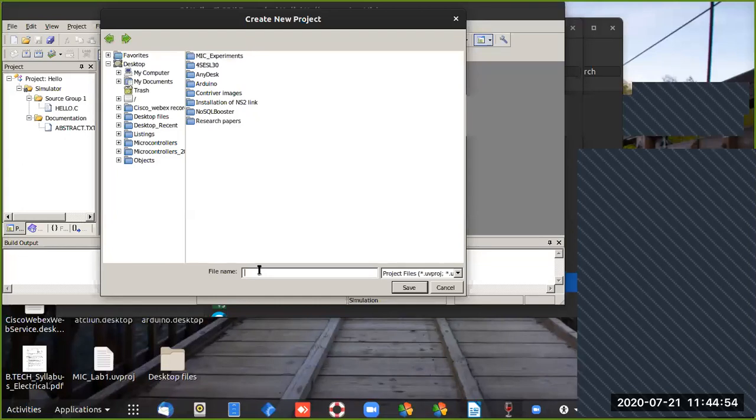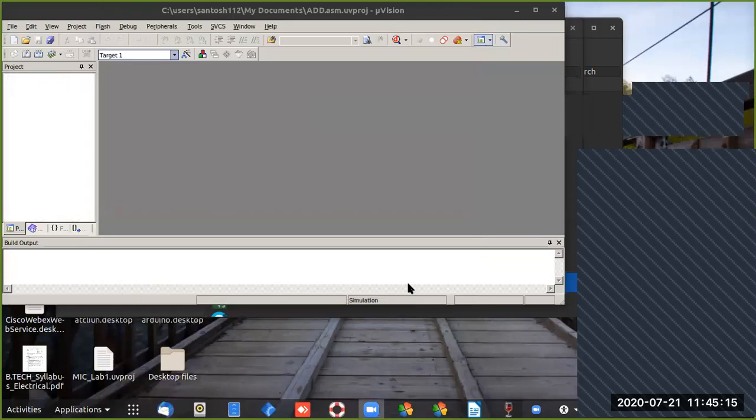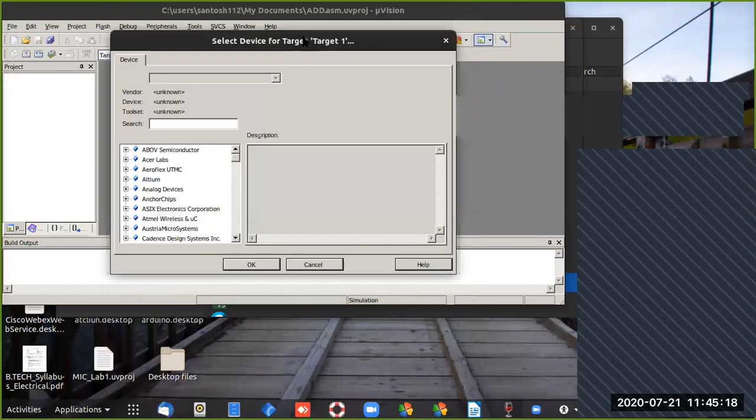So here I take the file name and just add underscore, the file name I have to add. Actually, it is an ASM file. That's why I have given here add dot ASM. Save. So here, actually, there is some mistake. It will not be ASM here, since it is a project name. So we'll get back here.